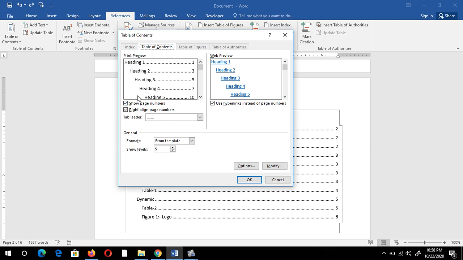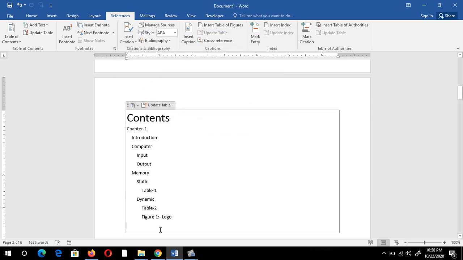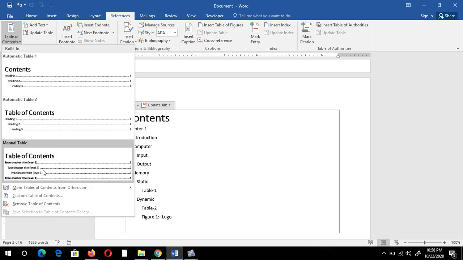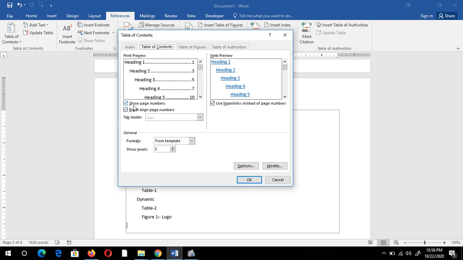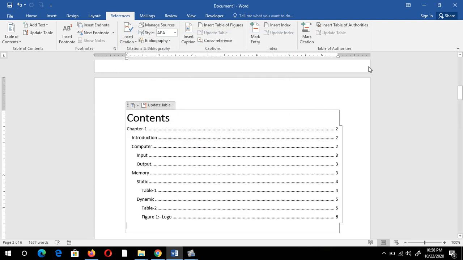If it is selected, it means it will display page numbers. If I deselect it and click OK, then you can see only the topic and subtopic, not the page number. I have to select it again. Click it. The page number is right aligned by default.